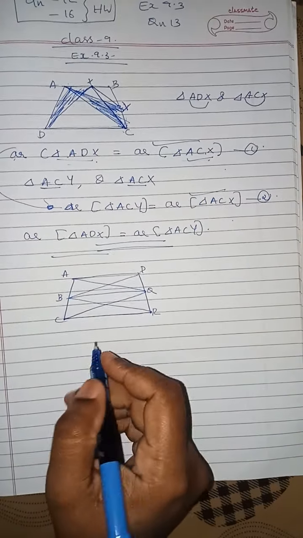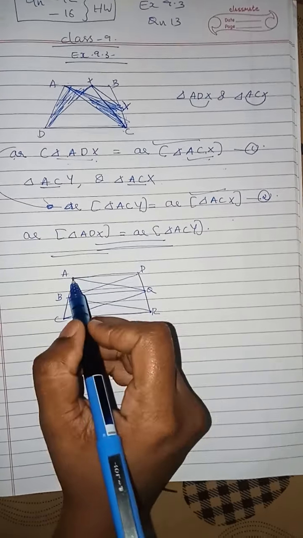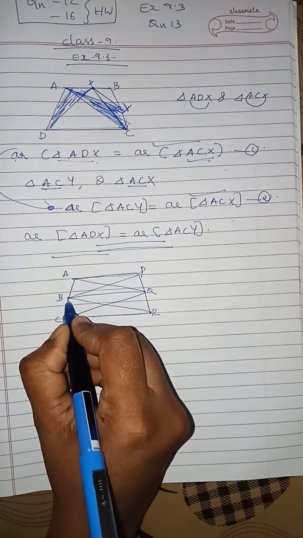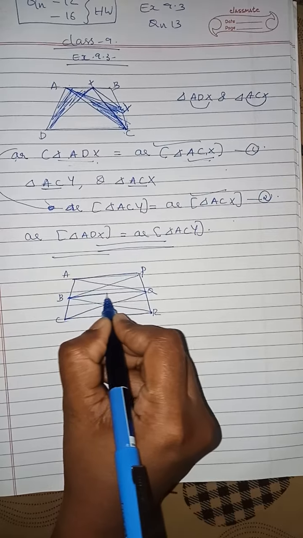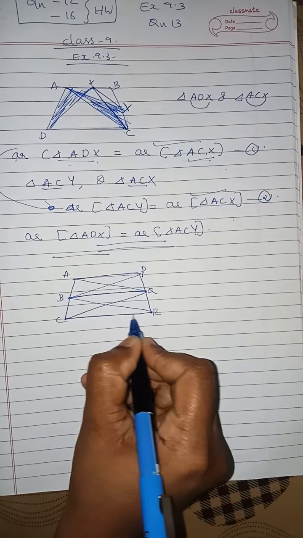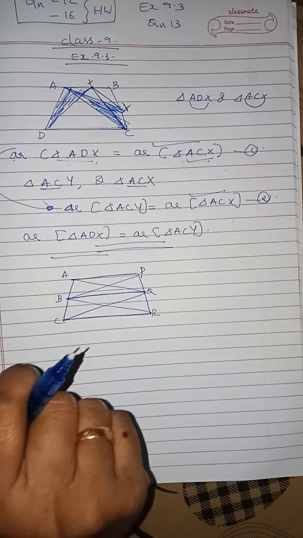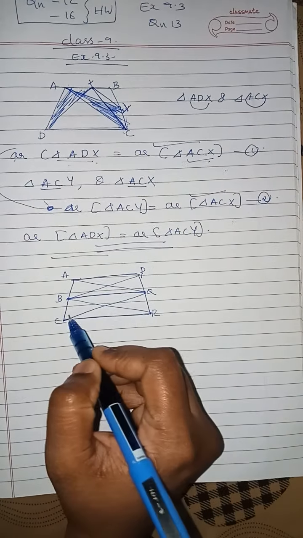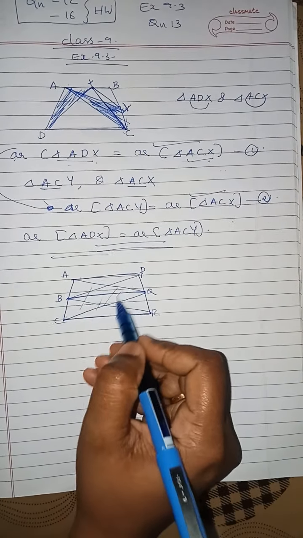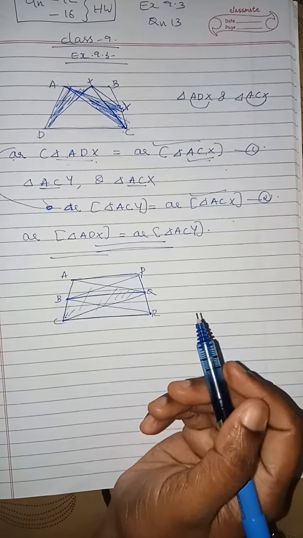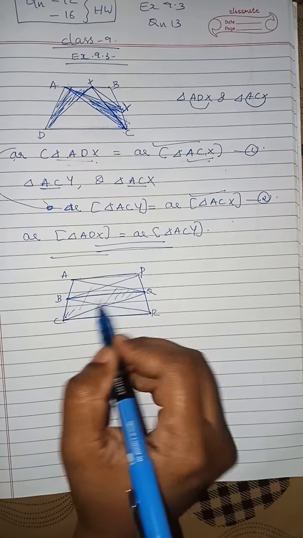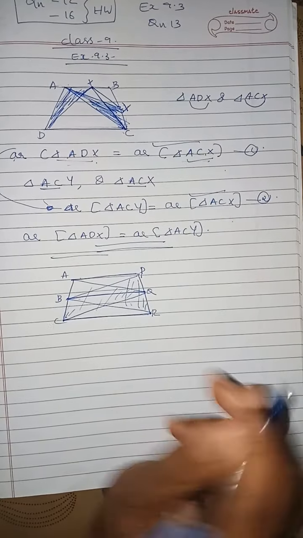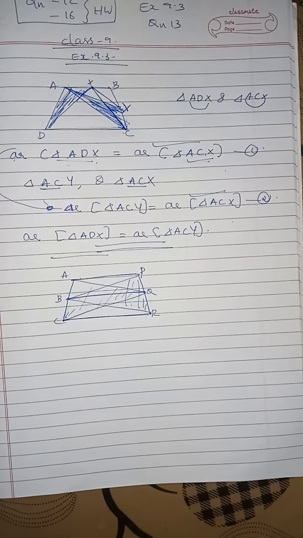We have to prove that these three lines are parallel, which is given in the question. AP, this line is parallel to BQ. This line again is parallel to CR. So all these three lines are parallel lines. We have to prove that area of AQC, this triangle, this full portion, should be equal to area of PBR, this portion. So how can we prove these two triangles are equal in area?